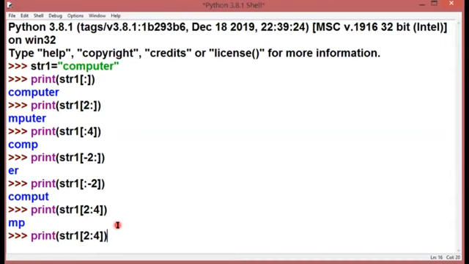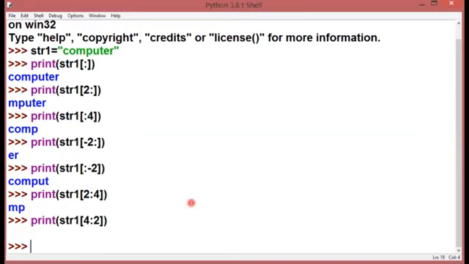Another. Now one variation is here. As I told you, in the positive index we are moving from left to right, so the index positions are in increasing order. That means 0, then 1, 2, 3, 4, 5, and so on. I cannot write my index positions in decreasing manner. That means if I start with the 4th location but go to the 2nd location, Python is not going to print anything. Nothing will be printed onto the screen.